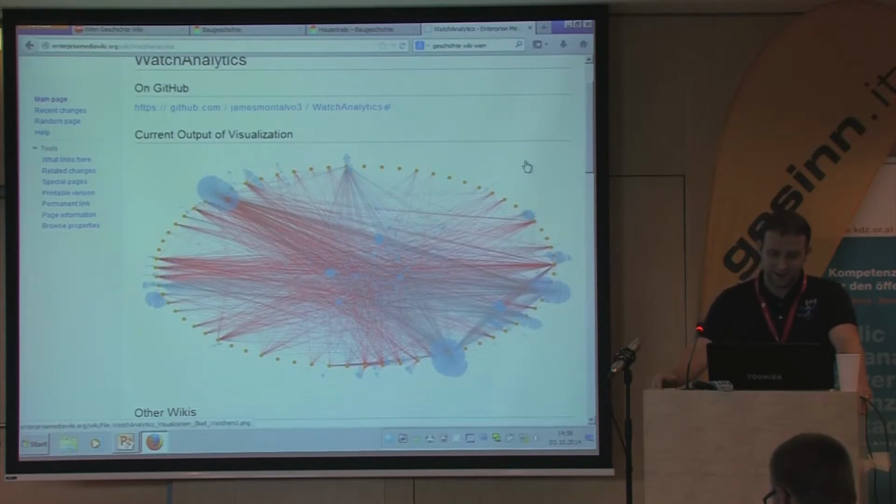And then lastly, you also can see that there's three pretty major clusters around three people. Those people are Darren, myself, and Scott, who couldn't make it. And then there's a few other people that have fairly good sized clusters around them. Those are pages that they are solely watching. Nobody else is watching them, so it gives you an idea of we have some work to do to encourage more people to be watching those pages,